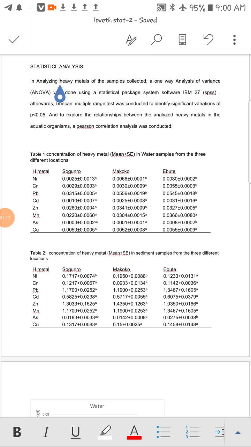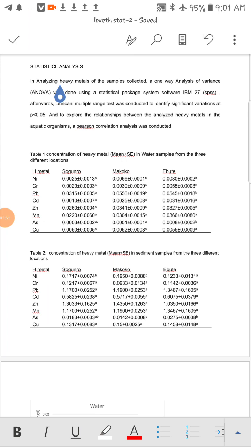After a one-way ANOVA, the Duncan multiple range test, which is also in one-way ANOVA, was conducted to identify significant variations. Basically, the one-way ANOVA is to give you descriptive statistics. Then the multiple